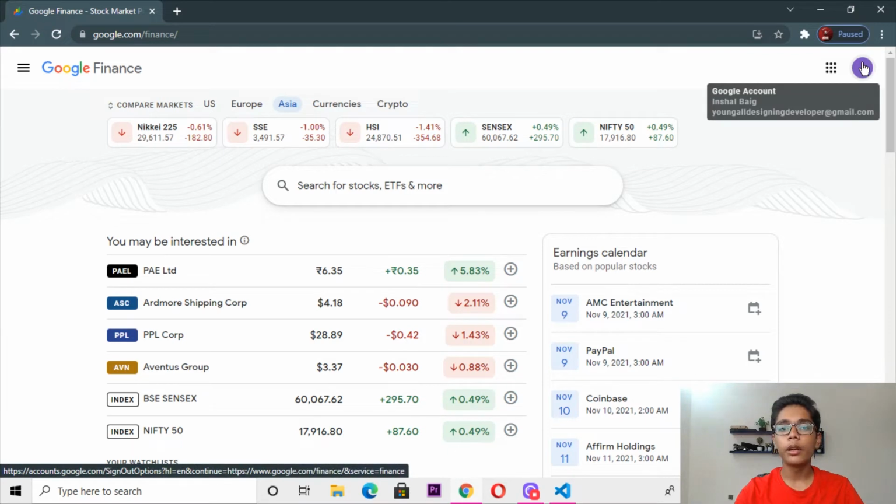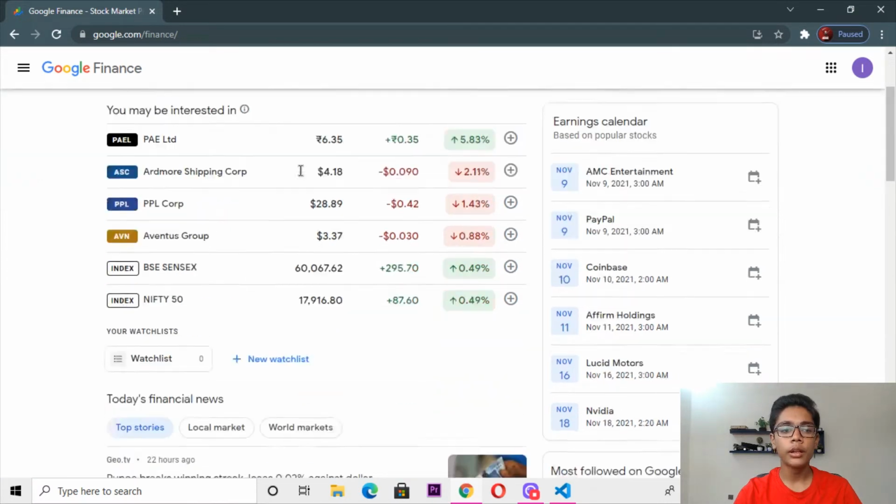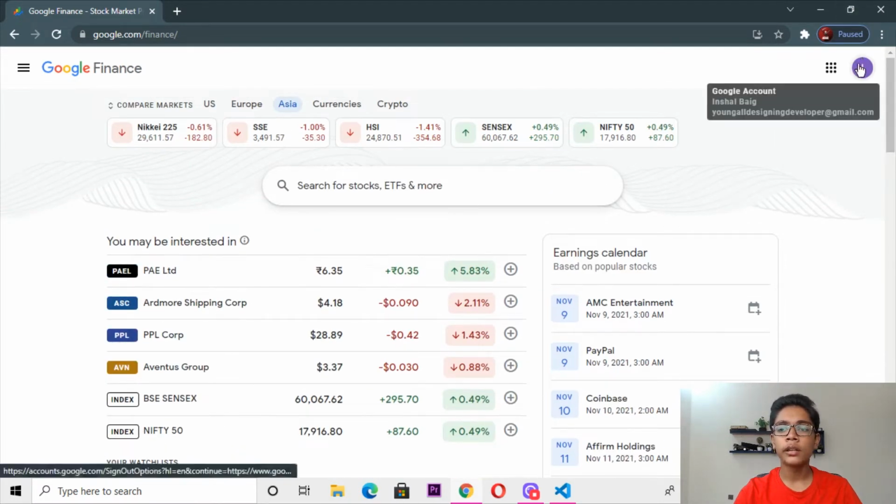If you put any picture on your Gmail, it will appear here, or if you have put any other thing, it will appear. And when you hover on that, your name and mail address will be showing here. You can also sign in with an old, or you can say demo, account of yours.